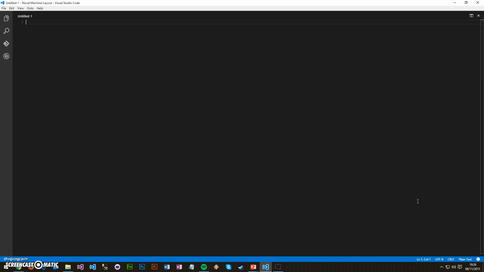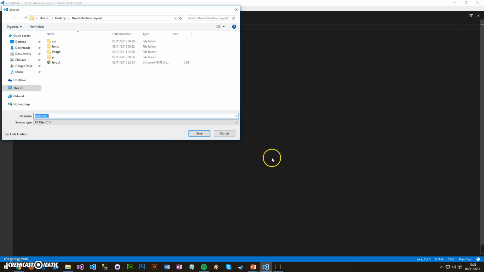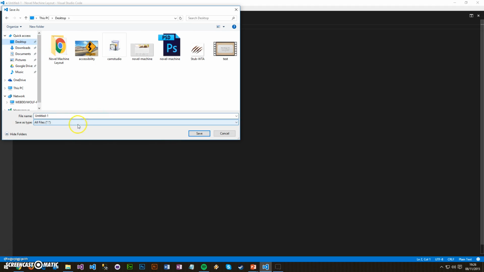Okay, so the first thing that our HTML document needs to know is that it is actually HTML. So we're going to start it off with an HTML tag, and then we're going to close that, and that basically makes up the starter of our page. Okay, and you'll see a nice little feature here of Microsoft Code, because this is free to download on the internet for anyone, is if we save this, we'll save it on our desktop here, as an HTML document,